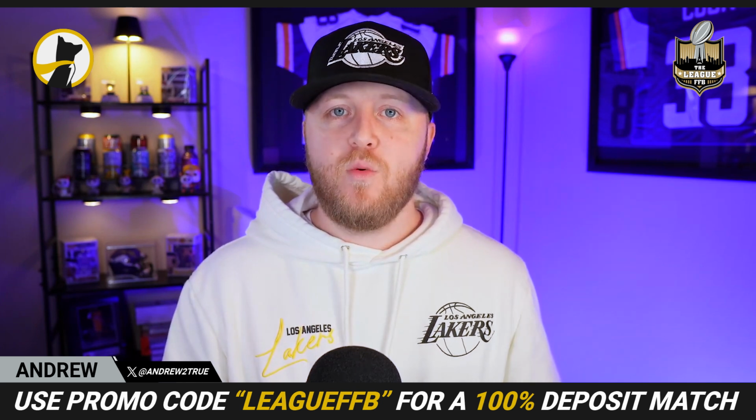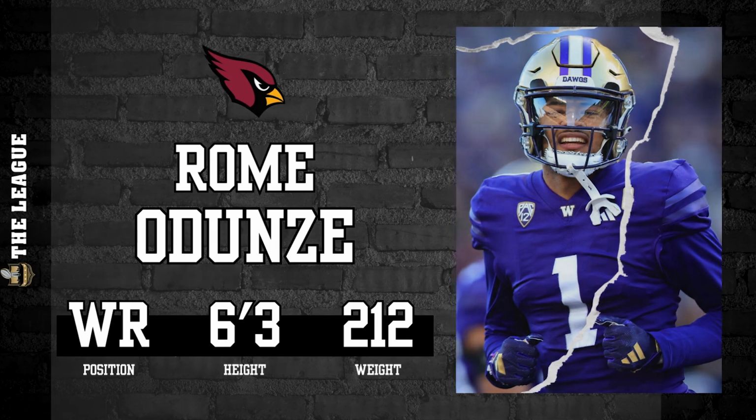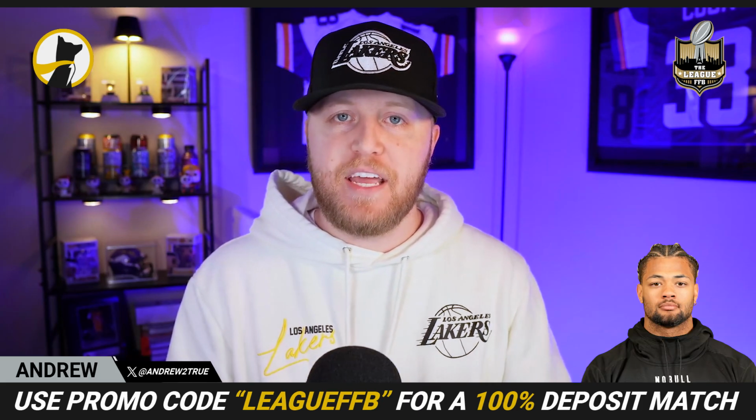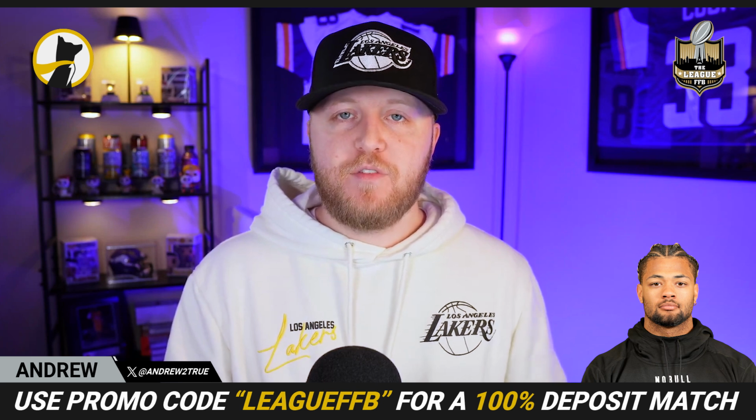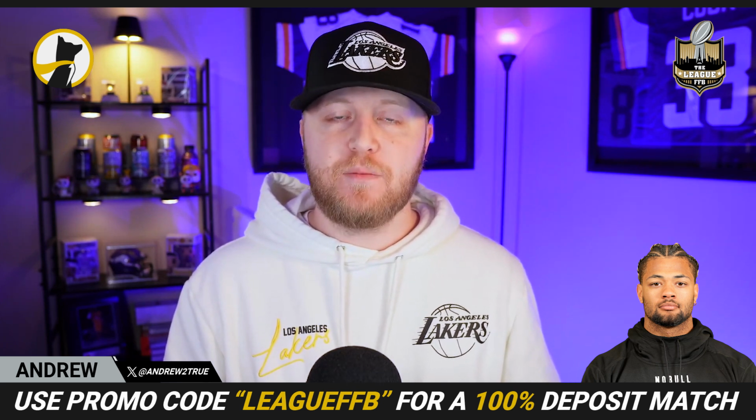Now here, the 107 is where we see Rome Odunze come off the board, and Rome Odunze went to the Arizona Cardinals. He went round 1, pick 8. That was that trade back and then a trade up again for the Arizona Cardinals. And I like this fit for Rome Odunze. He would be able to go in and play that X wide receiver for Kyler Murray,